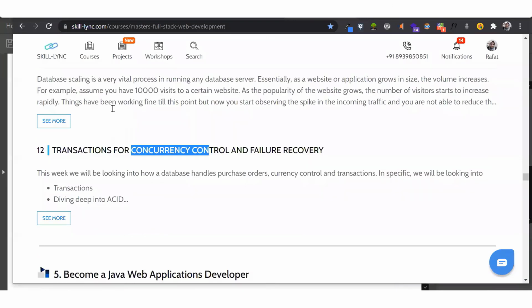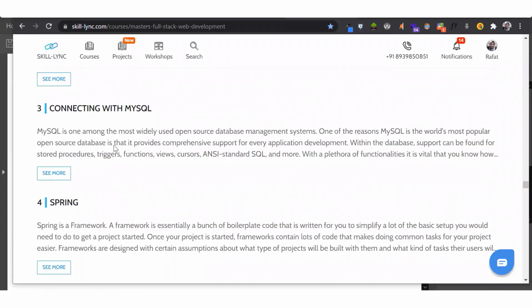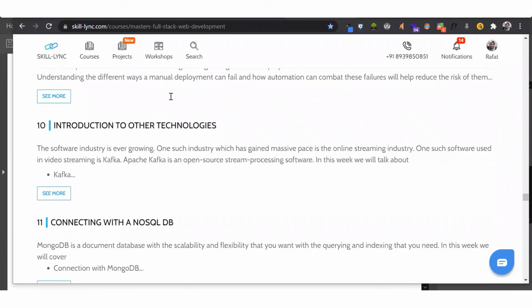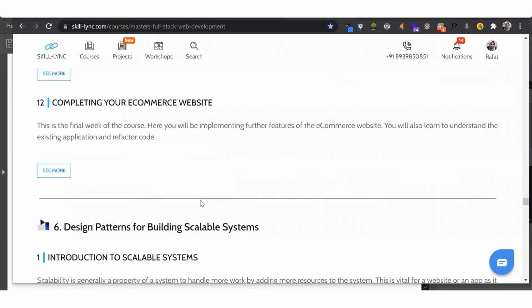And then lastly, you have understood the front end, you understood the database, you have to understand the back end as well. So again, we use Java programming language to understand how we could code the back end using different frameworks of Java like Spring Boot, etc. We connect with a NoSQL database or a relational database like MySQL and complete the entire website.